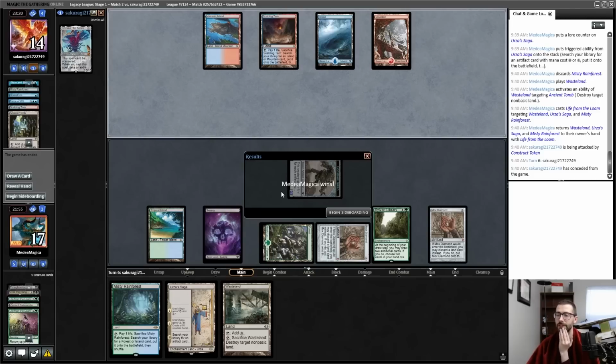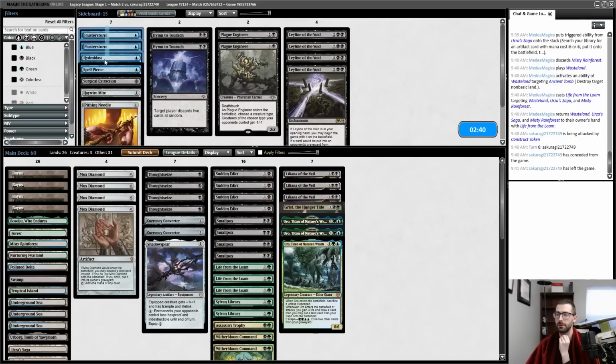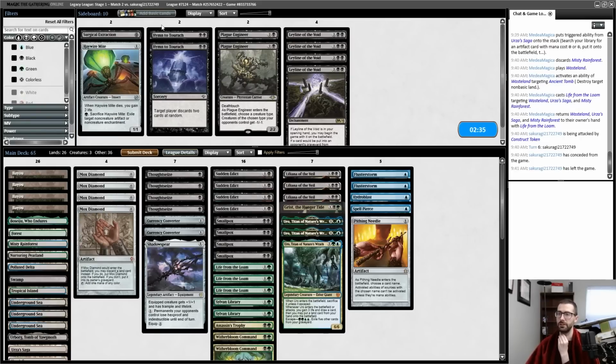I didn't deserve to win that one. Like, I missed 1 point of damage that turn, followed by 4 points of damage every turn after that for that misclick. Alright. Fluster, Hydroblast, Spell Pierce, Pithing Needle,